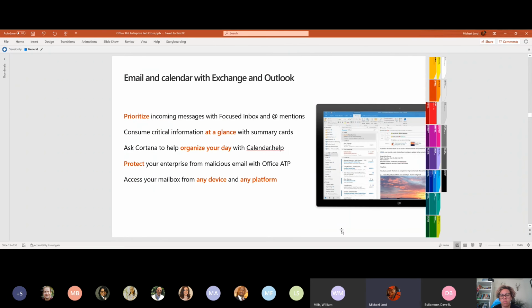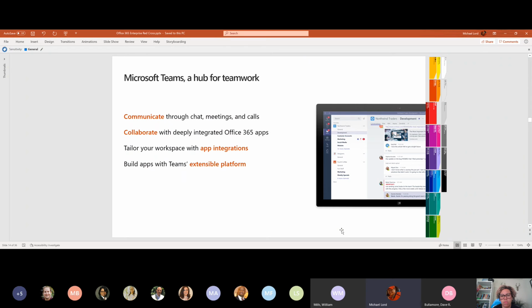So that is where we enter into Microsoft Teams. Microsoft Teams allows you to communicate through chat, to voice, to ultimately go from individual chat to group-based chat, to build these collaboration environments called teams and ultimately work together. Now, the big part of Microsoft Teams that most people haven't really delved into yet is the fact that you can integrate and extend Microsoft Teams beyond just the Microsoft Teams platforms.